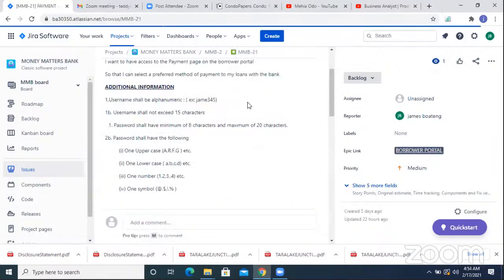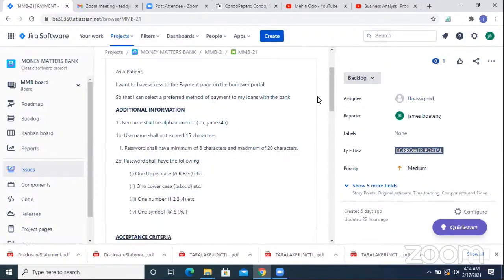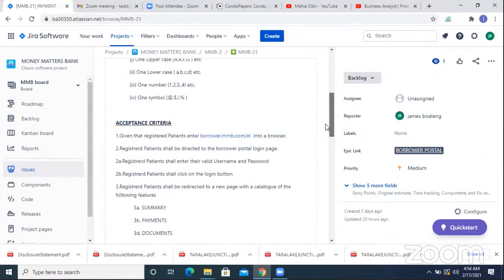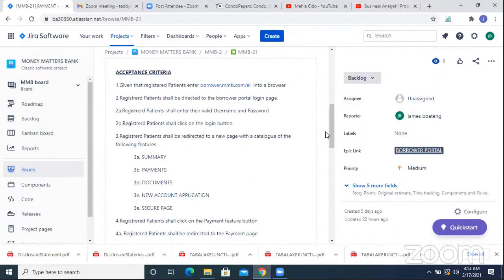Payments. I want to have access to the payment page of the borrower portal so that I can submit my preferred method of payment for my loan to the bank. And then additional information, acceptance criteria: given that the registered